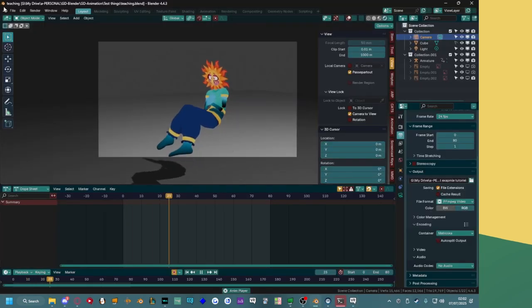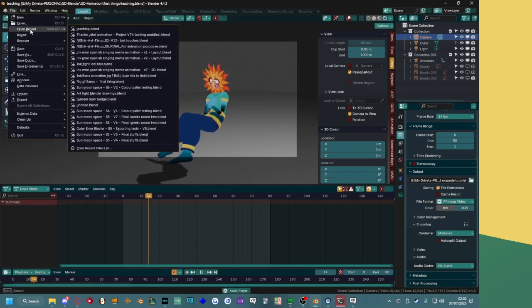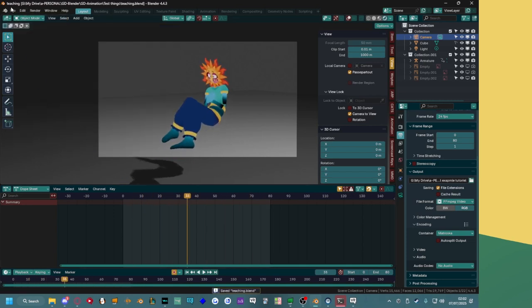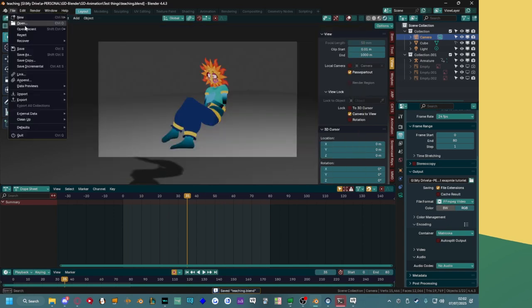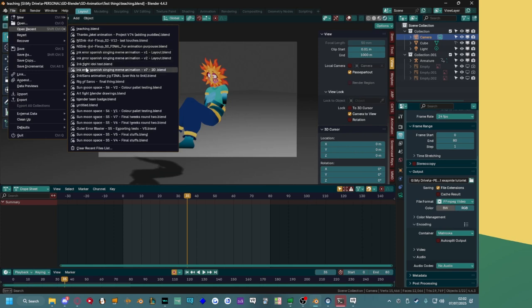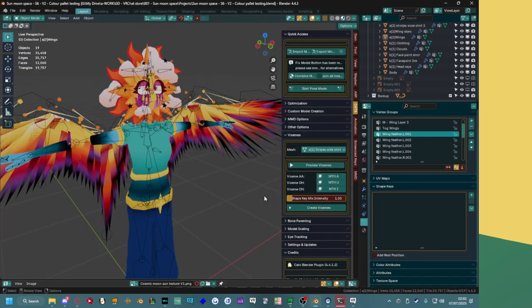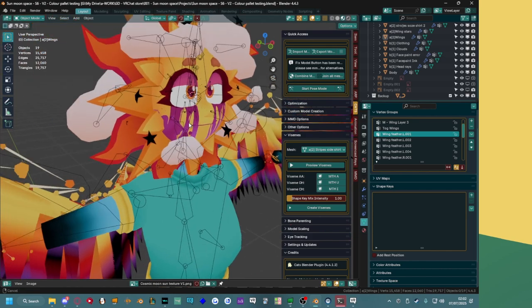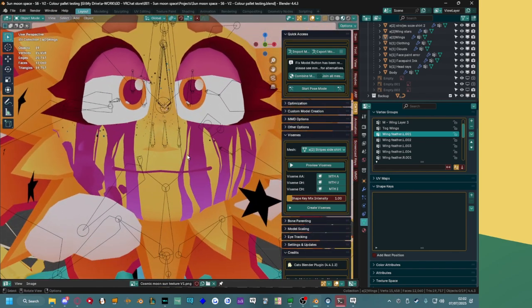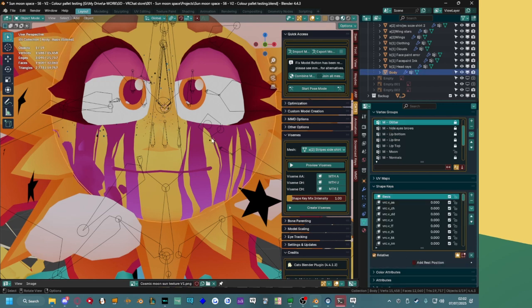So to do glitter, let's save this. I will open up a random project of this, for example. You want to make sure all the blend shapes are done, or the weight painting is done. This is because the glitter is part of the mesh, and you want to make sure it has the same blend shapes. So you don't want to do it around the mouth because it's a separate mesh, and the mouth has visemes. So cheeks is fine, as long as it's the upper cheeks, you won't notice it as much. But you don't want it around the lower part of the face, because as the mouth opens with the blend shape,